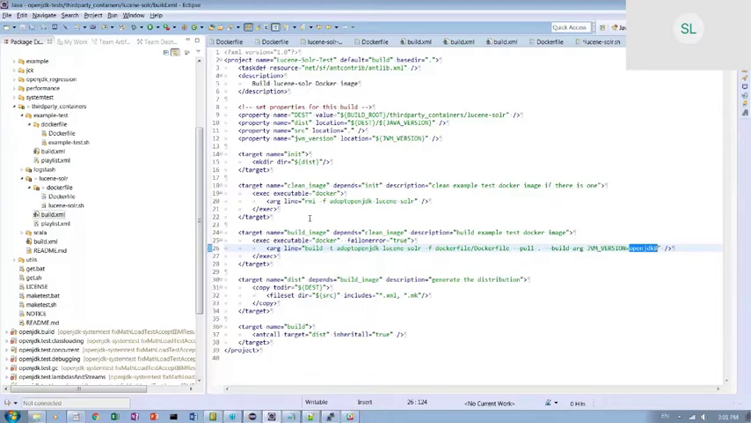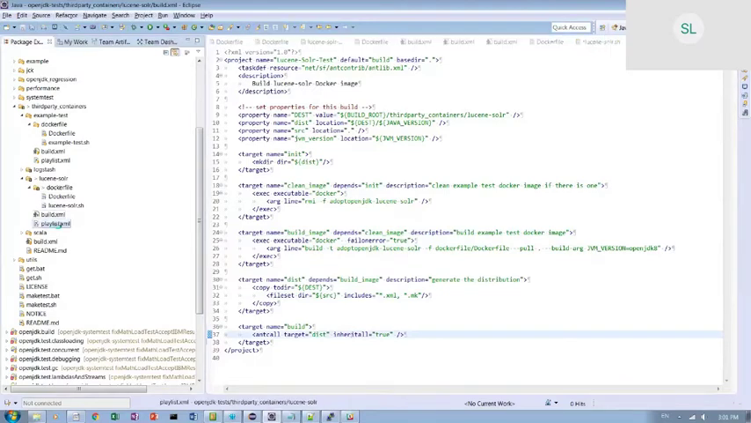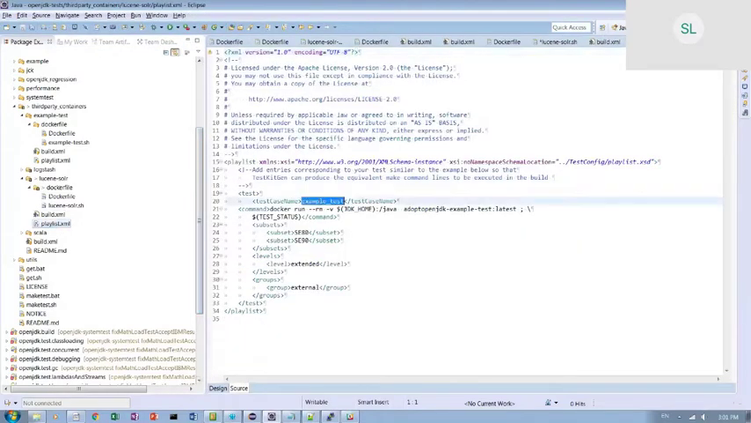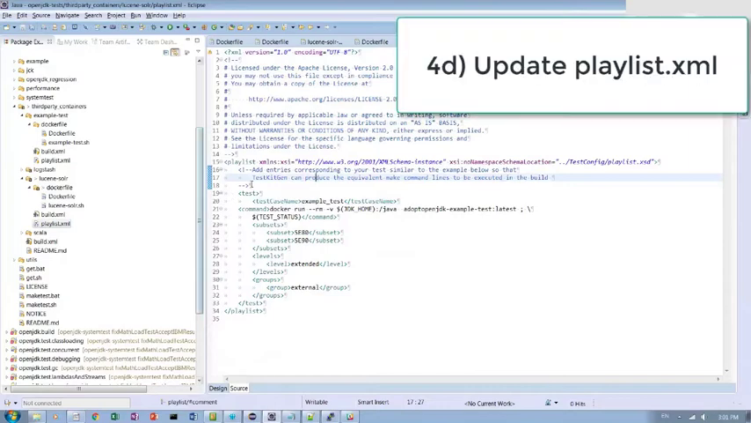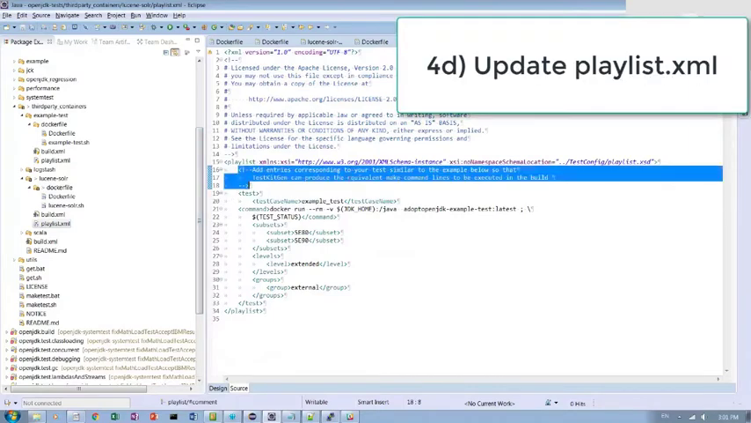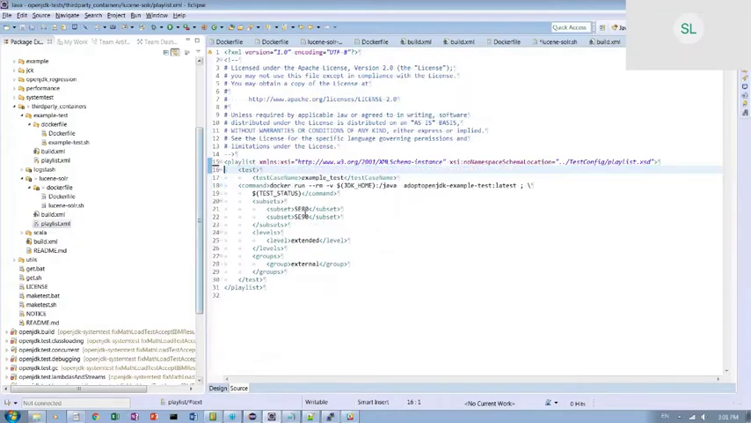So here it has a few targets. Clean image is going to clean up the image if you have built it before in the build, build image is going to build it, and distribution image is going to distribute the image. And then playlist is where you also need to update. It comes with some template comments describing what step needs to be taken on this particular file. Basically, we define what the test target should be,